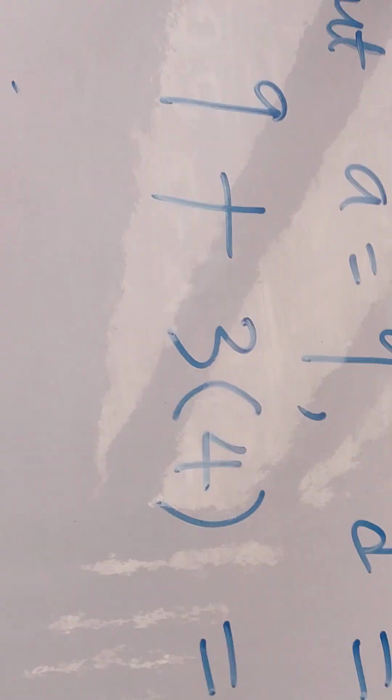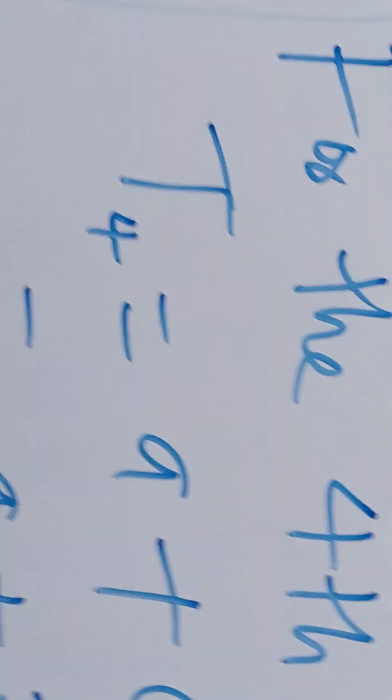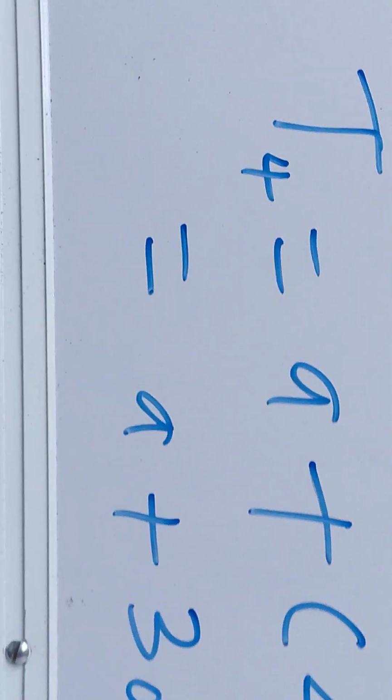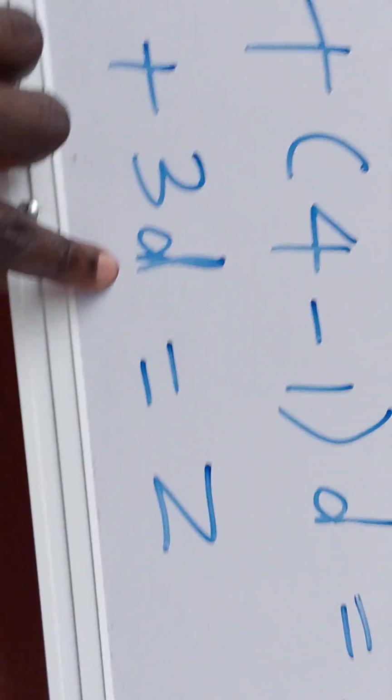Now if I put it into that equation, the equation was initially A plus 3D equals Z. In place of A, I write 9, and in place of D, I write 4. So it changes to 9 plus 3 times 4 equal to Z. And 3 times 4 is 12. So this is 9